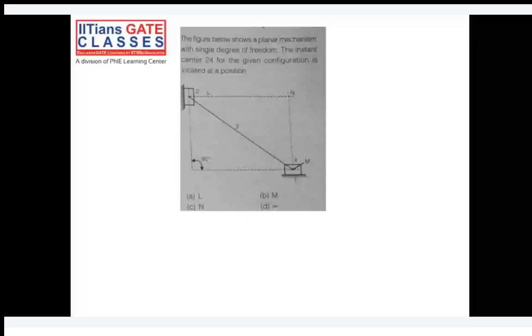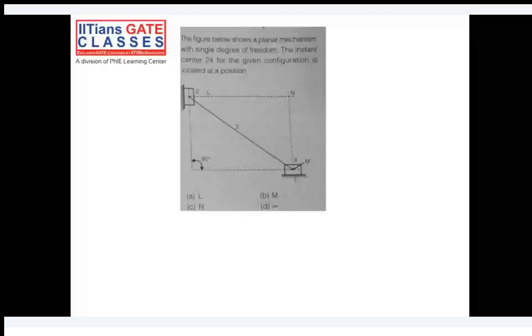Yeah, it's an elliptical trammel. You can say double slider crank chain with the first inversion of it, elliptical trammel. So it's a planar mechanism as we can draw it on a plane, with a single degree of freedom given already. The instantaneous center